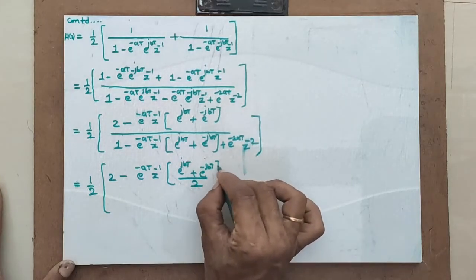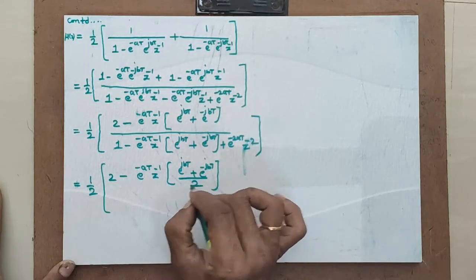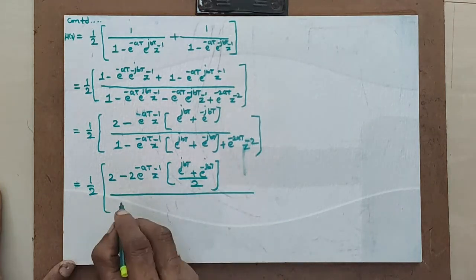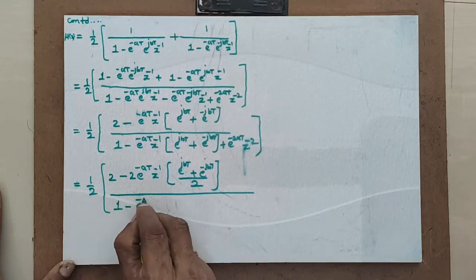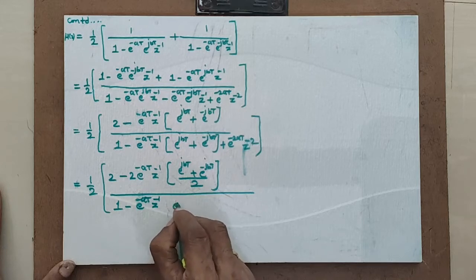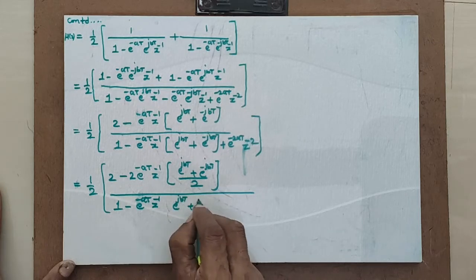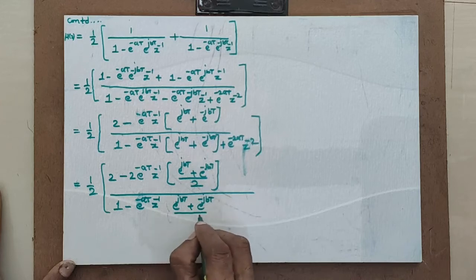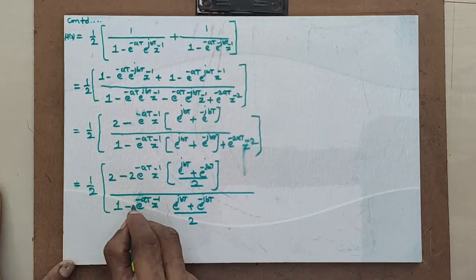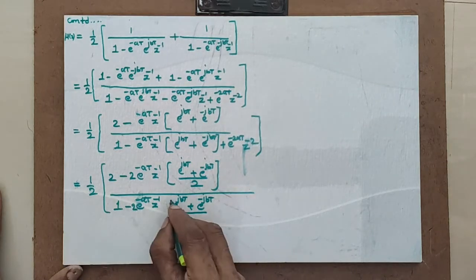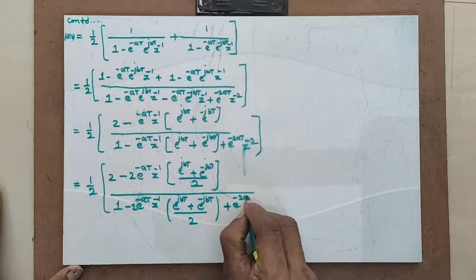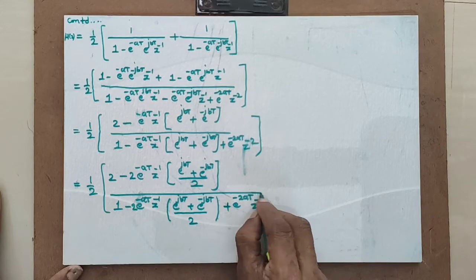Why introduce this? Because this is a cos equation. So as to compensate these two, I will make 1/2 here. Simple. Whole divided by 1 minus e raised to minus at z raised to minus 1. Now e raised to jbt plus e raised to minus jbt divided by 2, this is a new 2 which I introduced. So as to cancel it out here, I will make 2 here. Right. This is again a cos, plus e raised to minus 2at z raised to minus 2.